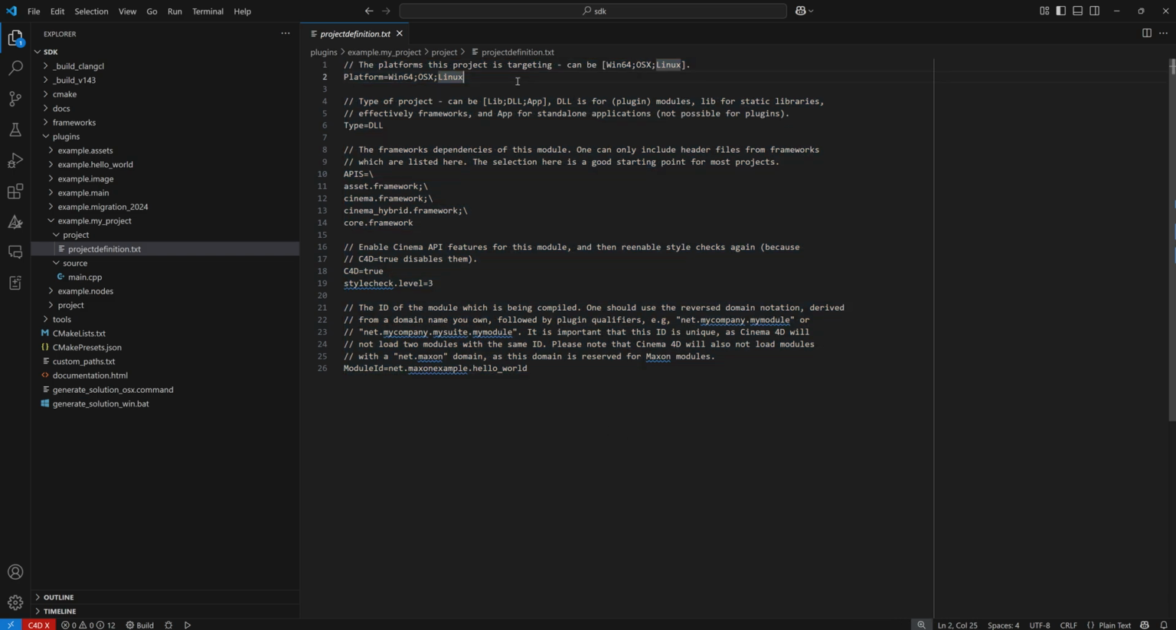So the first thing you have to do in a module configuration is to set the platform, and this basically determines in which build system this module will be included. So if we would, for example, remove OS X as a platform, and then regenerate our build system, then example my project would not be included if this build system would be for